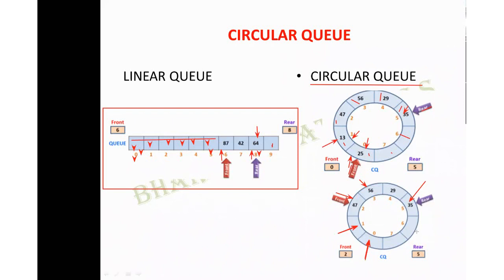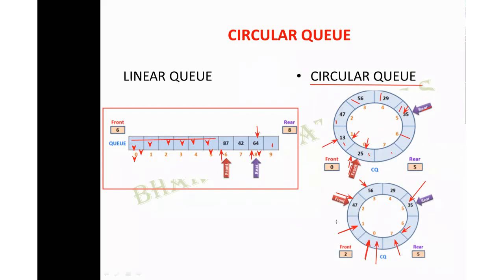So gradually what it will do is, it will enter the next value here in the 6th position, and then it will enter the value in the 7th position. Once again it will come back to the 0th position to re-enter some other new values. Once again it can use the same position. That is the 0 position, where you have already removed the elements. So in that 0th position itself, you can go on to re-enter the values.